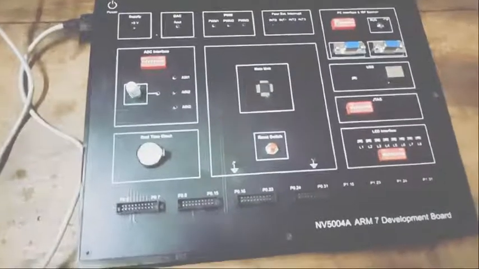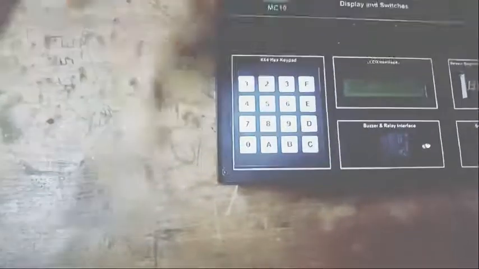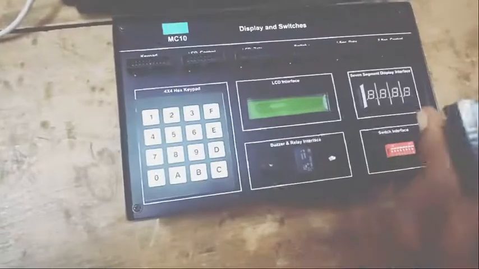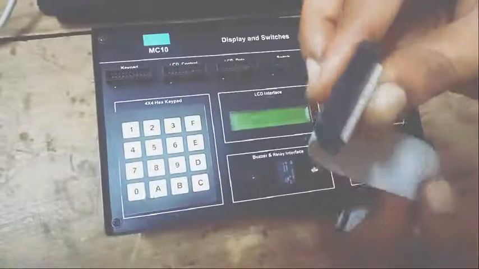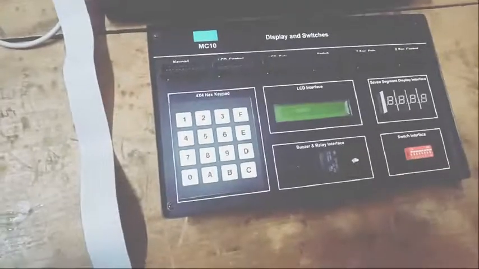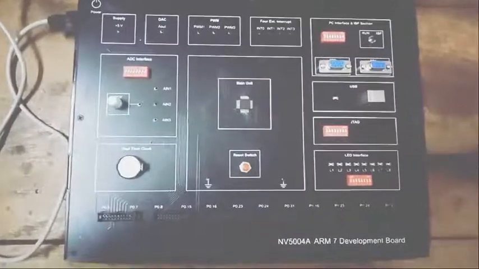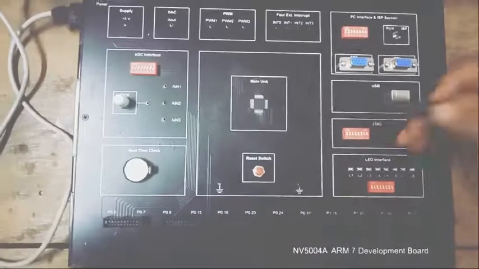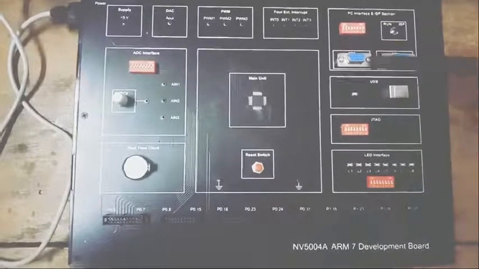Now to interface this ARM board with the buzzer we require a cable, for which we are using this 20 pin FRC cable. Just we'll have a look at the ARM board. So as we know, this is an LPC2148 64 pin IC.